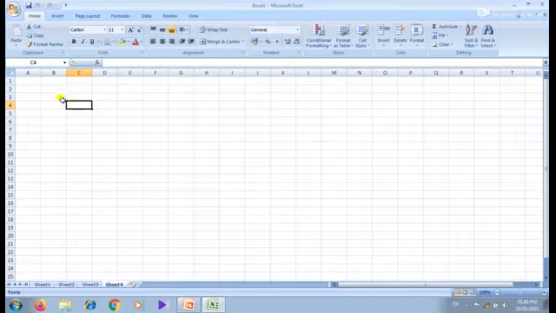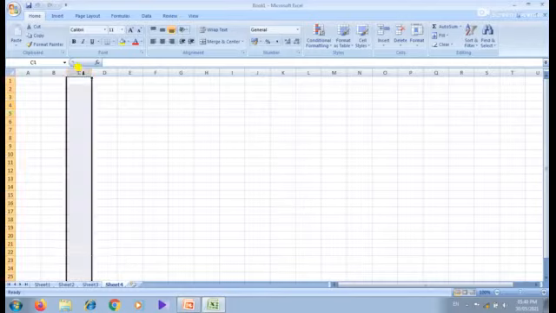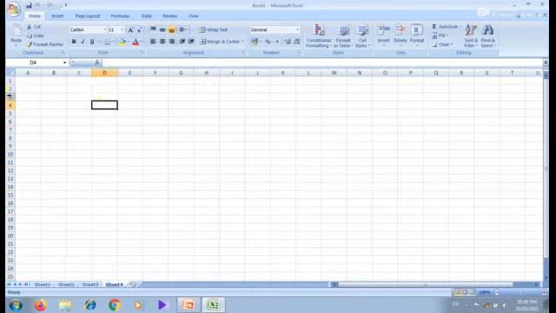We identify it with the help of rows and columns. Here, see this is the name box: C4. So C4 is the address of this cell. Another way we can refer to it: when we select the cell, the corresponding column and row are highlighted, and the address is also displayed in the name box.